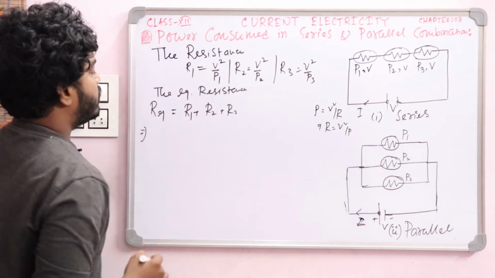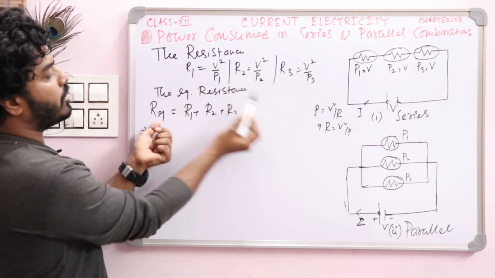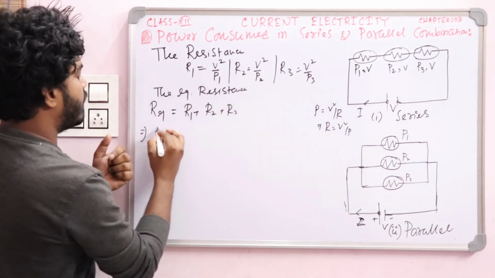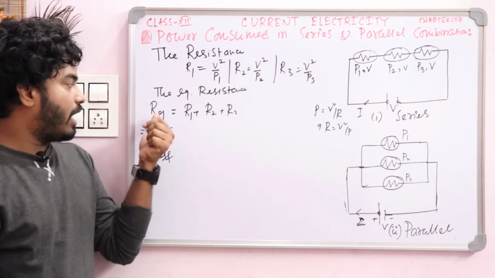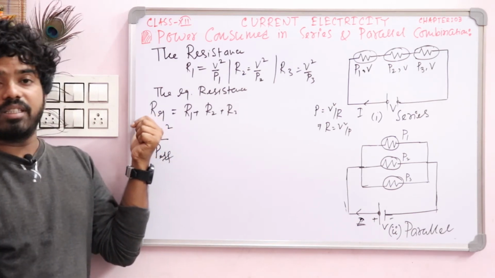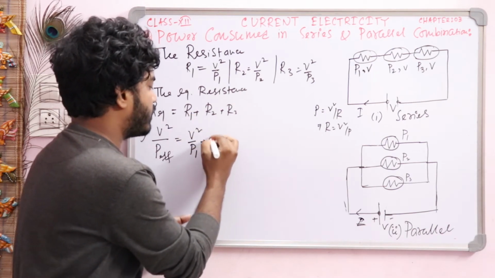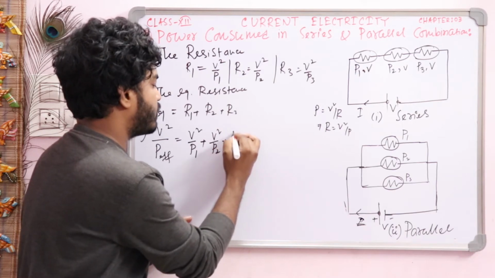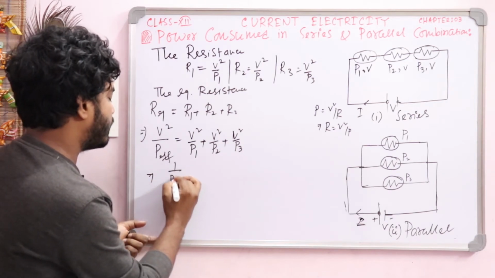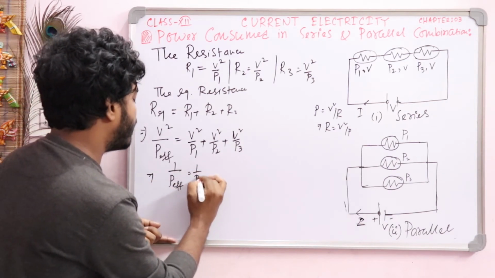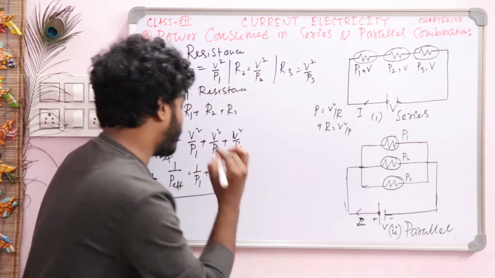Now you used the formula. In place of R equivalent, you can write, with the help of this equation, R equal to V square by P. Here use V square and P must be P effective, that is P equivalent. Here R is resistance, meaning resistance equivalent. So in place of R1 you just write V square by P1, in place of R2, V square by P2, plus here V square by P3. Now V square cancels out, so the final answer, that is P effective, is equal to P1 plus P2 plus P3. So this is our final formula.